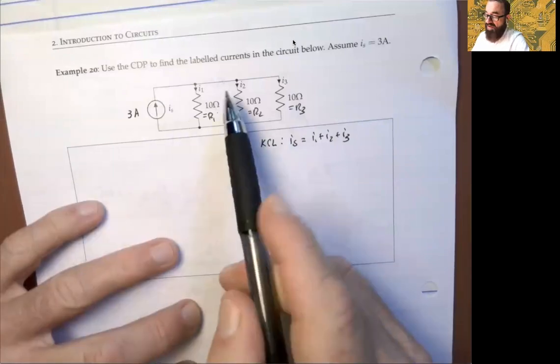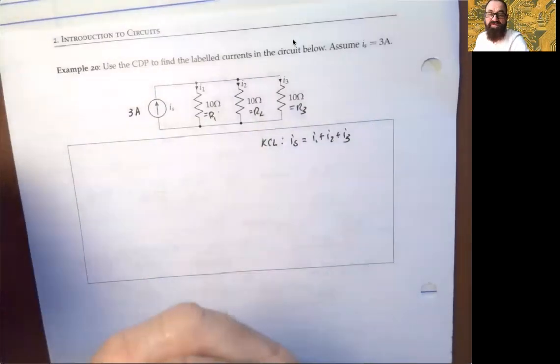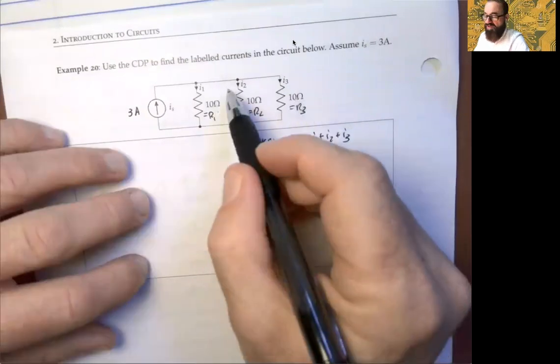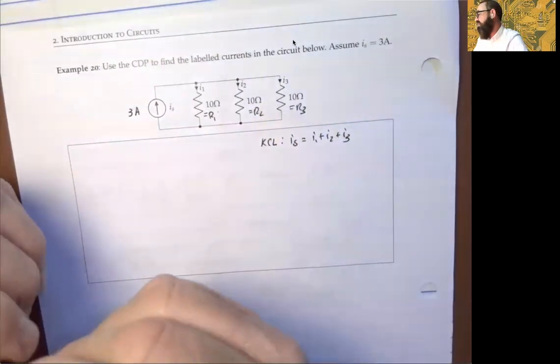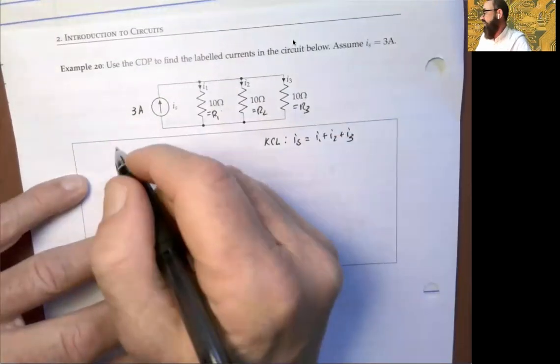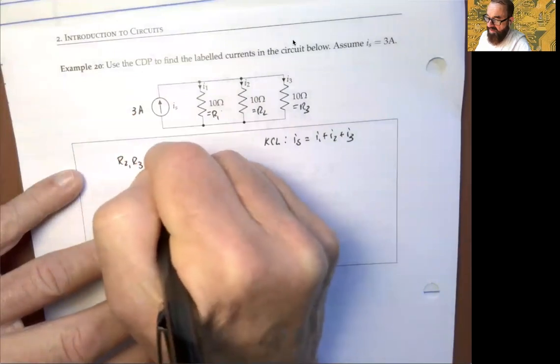I'll say it again. All the resistances are the same. What's causing the different currents that we're getting from CDP is because of the different proportions, but the proportions are all going to be the same now, right? But just for the sake of the argument, let's go ahead and do a normal analysis here and say that, well, R2 and R3 are in parallel,